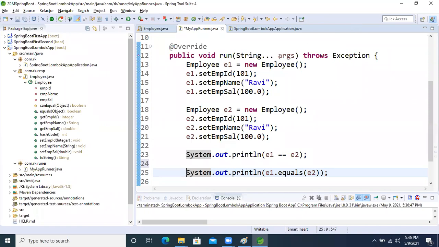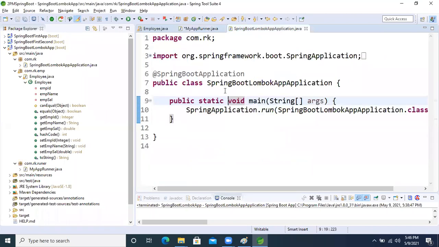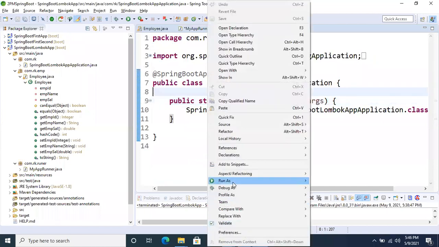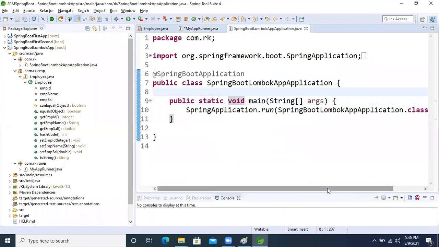Okay, only two people? Don't worry, guys, get involved. Right or wrong, there is no problem in that. Let's see, then I will explain.